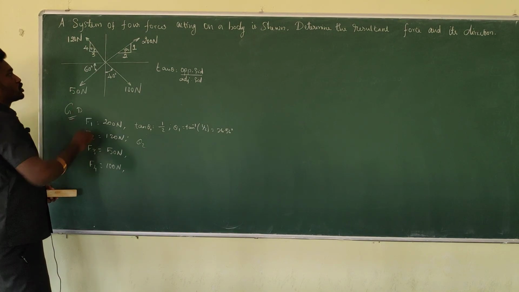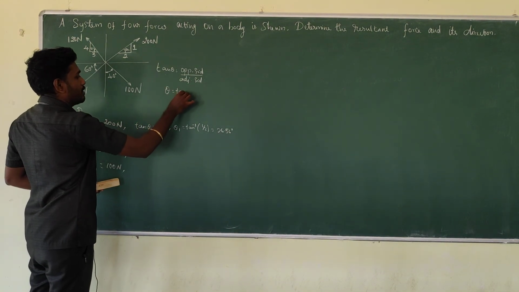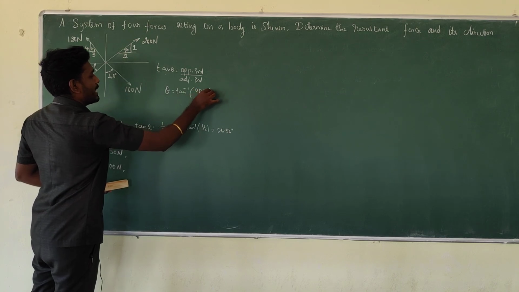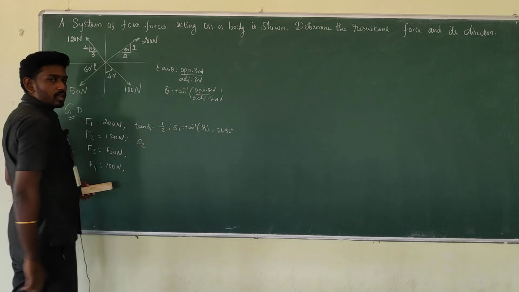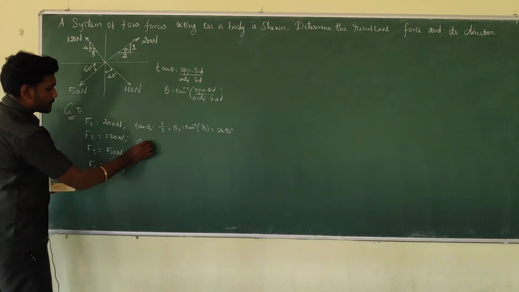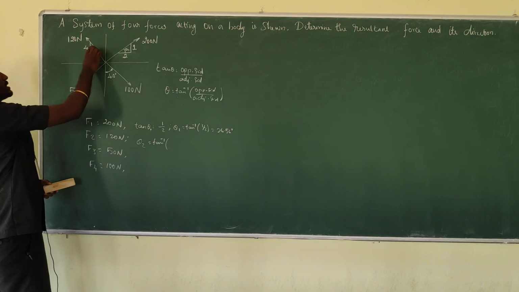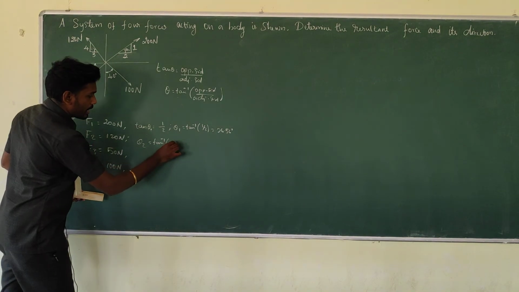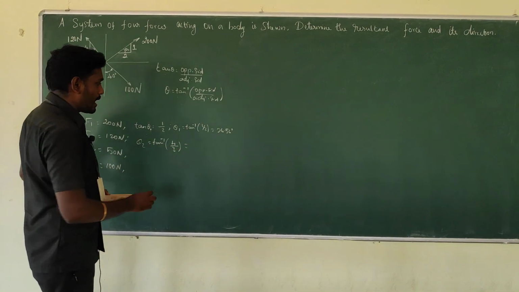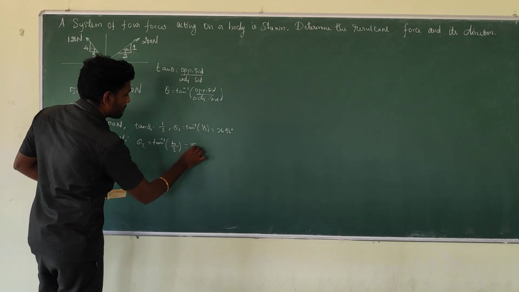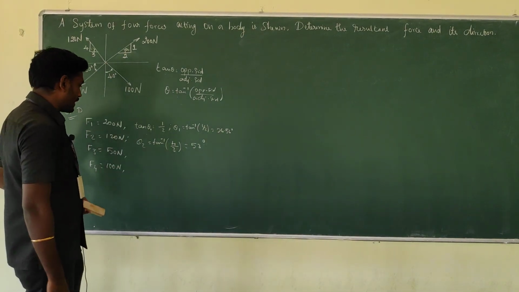Similarly, if you calculate theta 2, here as well there is no clue about the theta. This theta 2 needs to be found. The same format: theta is equal to tan inverse of opposite side divided by adjacent side. Here comes tan inverse of 4 divided by 3. So I will get theta value as, roughly, 53 degree.